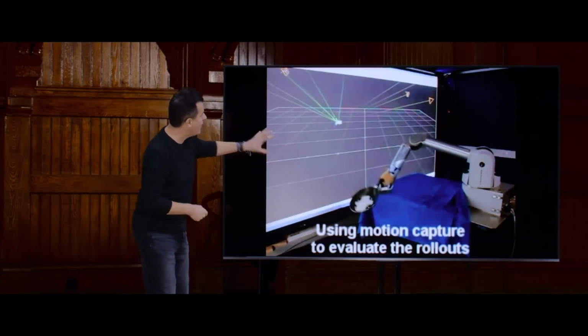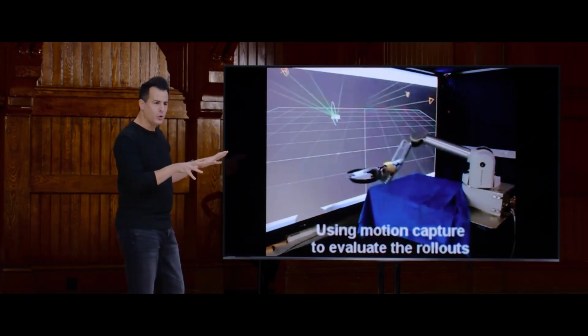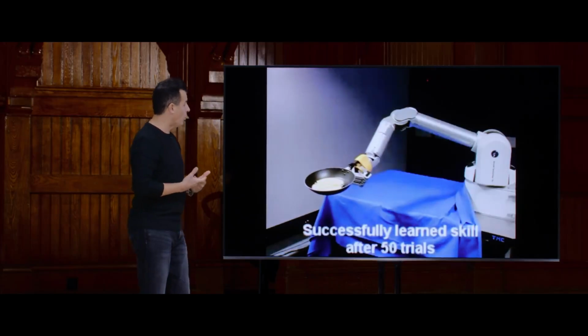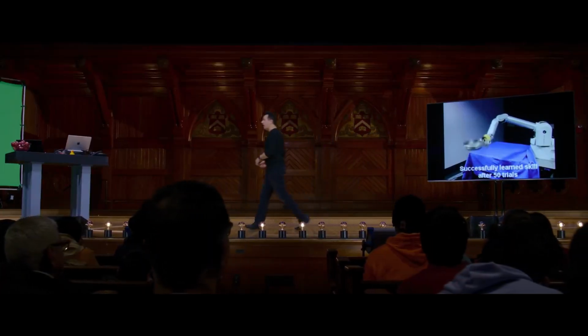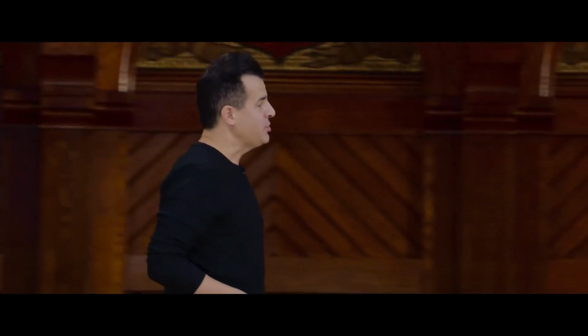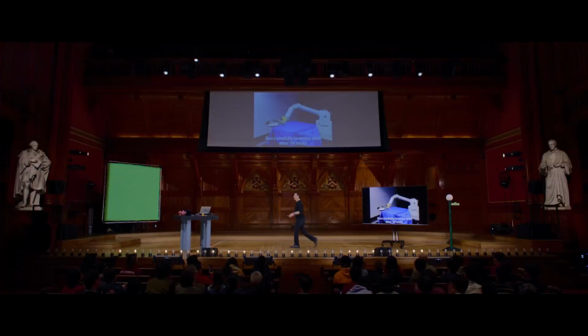And what you're seeing in the backdrop there is now just a quantization of the movements, x, y, and z coordinates, so that it can do more of the x's and the y's and the z's that led it to some kind of reward. And now after some 50 trials, the robot seems to be getting better and better, such that, like a good human, we'll see if I can do this without embarrassing myself, it can flip the thing. That's pretty good. I've been doing this a long time. OK.